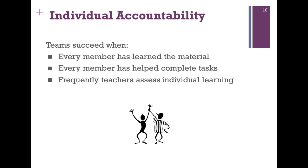It's important to understand that group work doesn't succeed unless there's individual accountability. Every person in the group must take responsibility for his or her own learning. So every member has learned the material. Every member has helped complete the task. And then I need to frequently give you feedback and to assess both group tasks and individual learning. So you will get a group assignment for an activity, and you will also get an individual assignment. That individual assignment will be based on your own and others' critique of your work